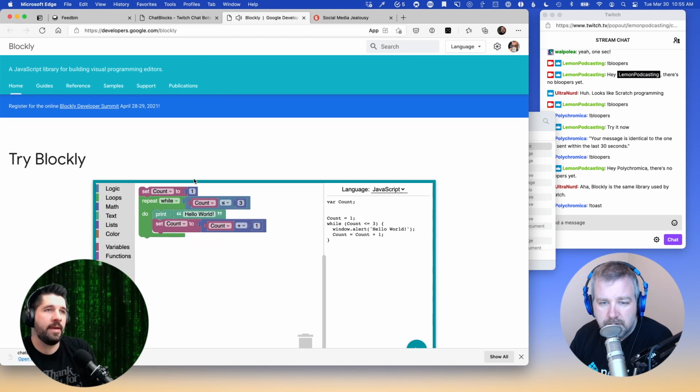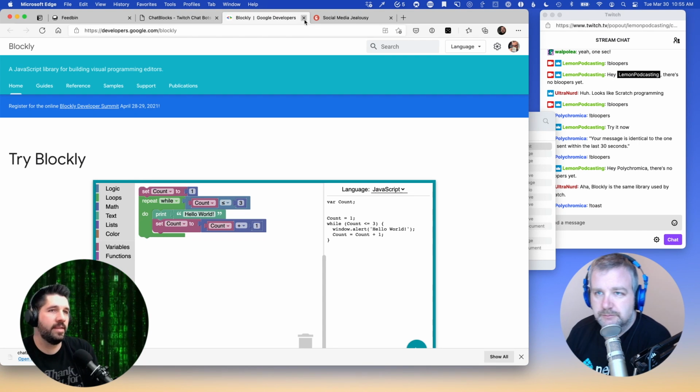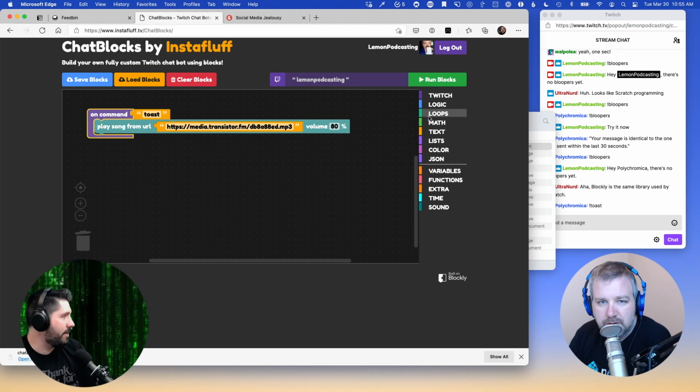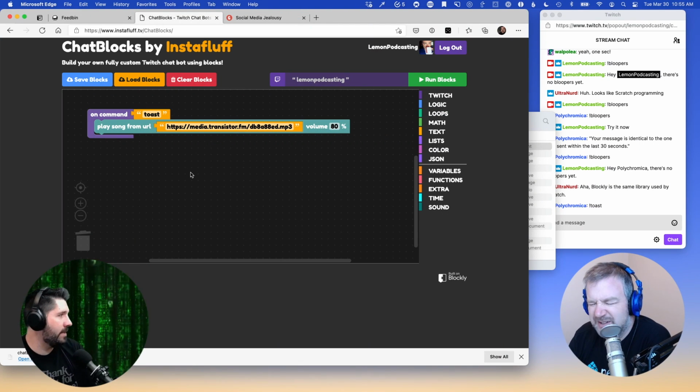Yeah, I think Microsoft, or no, Google, right? Yeah, Google created Blockly, and so he was able to implement that. There, let me hunt down a page. There is a page. He's done a couple of